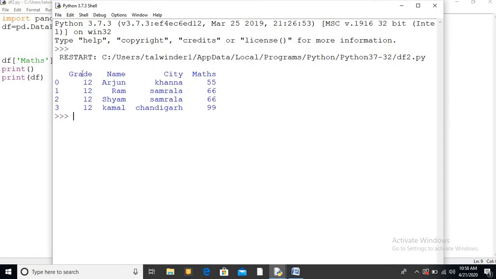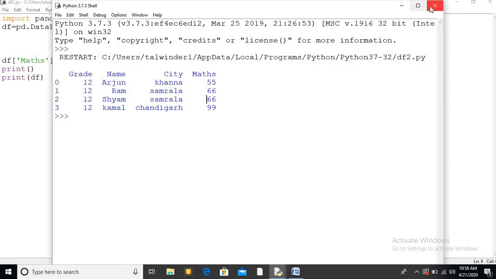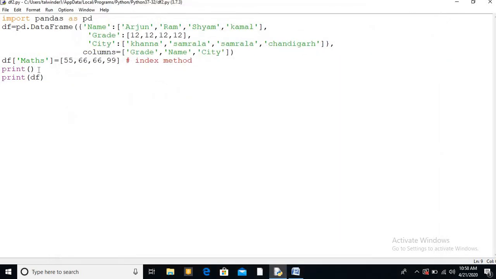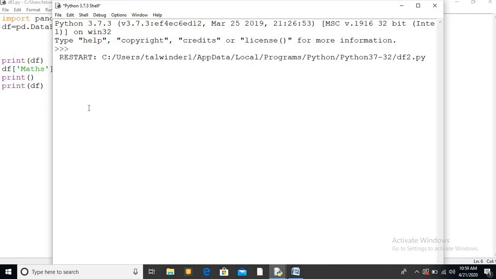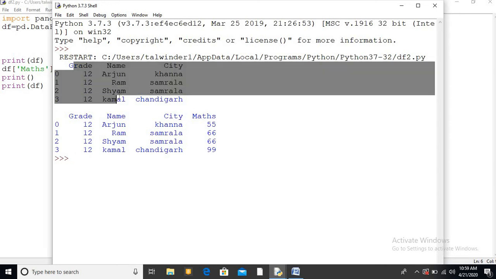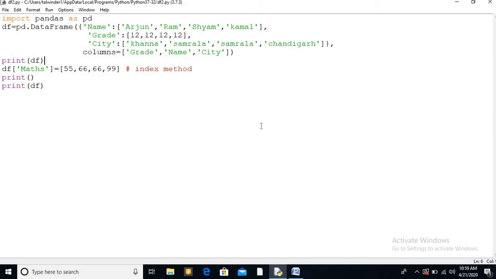There are three columns and the fourth one is added. If I print this data frame before adding the column, there were only three columns, but after using the index method the fourth one is there.